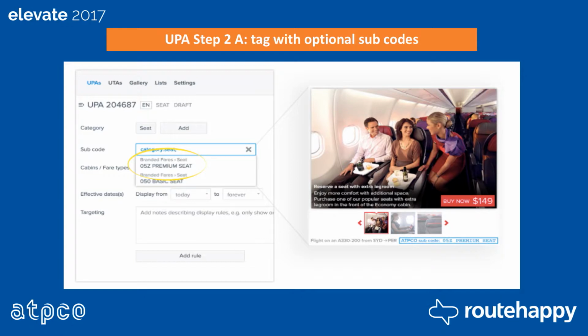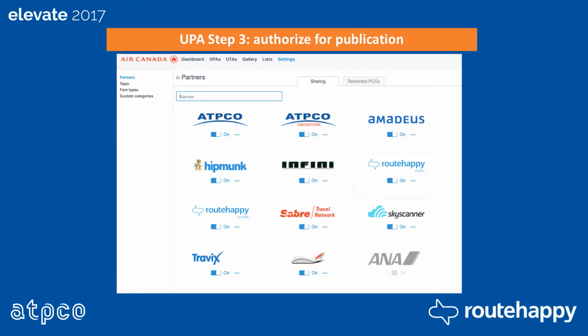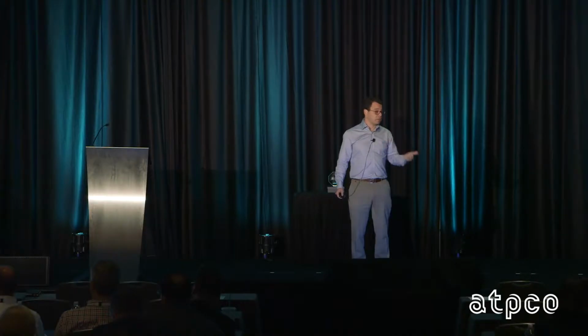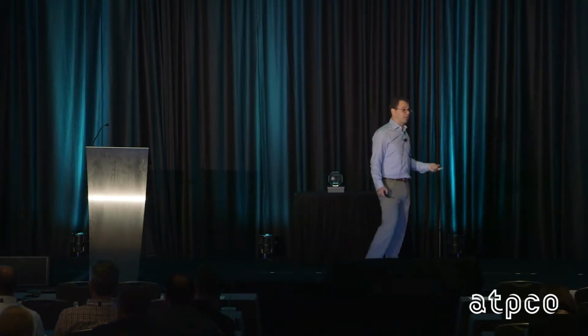And step three, authorized for publication. This content needs to get out there. Airlines need to be able to control it. So you want to be able to control it not just by channel, but specific UPAs for specific companies, specific categories of UPAs, certain UPAs up front. Think about corporate channels differently than leisure. Think about your own channels differently than indirect channels. That's UPAs. Content type 2 is let's make this ticket information digestible, accessible, understandable by consumers.